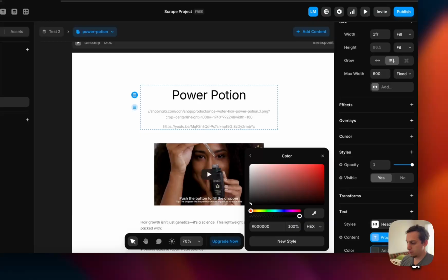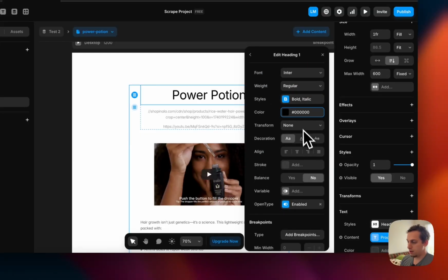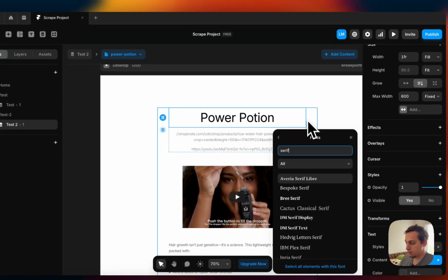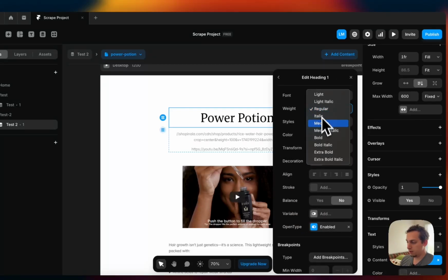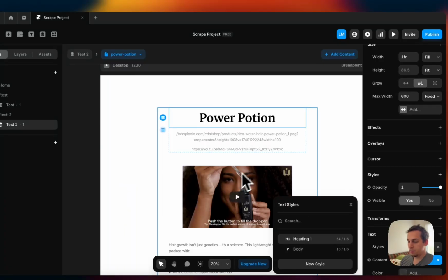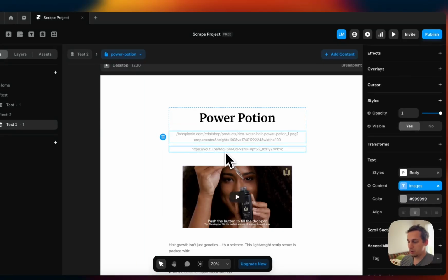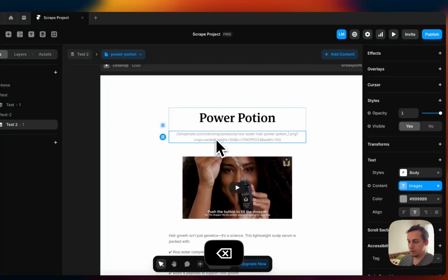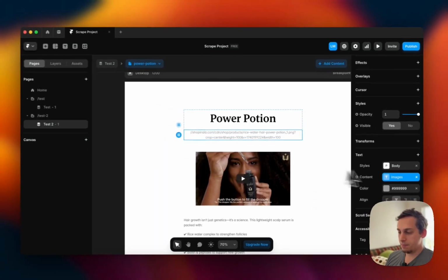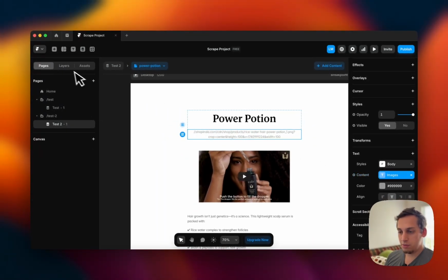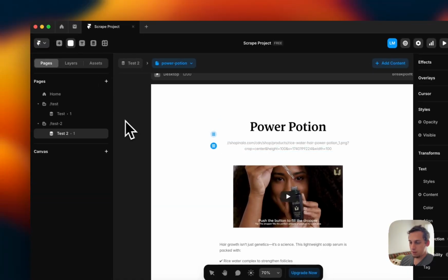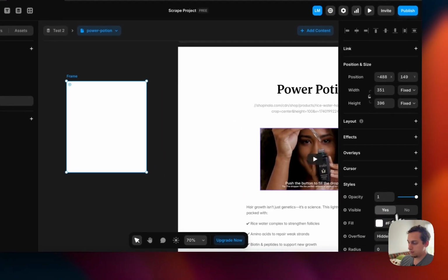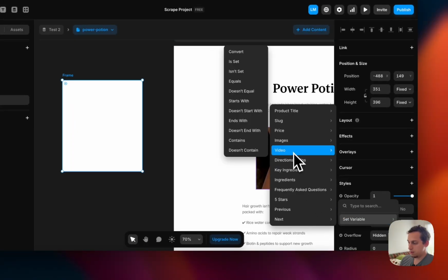So let's just remove this. And let's give it a nice serif font. So let's put serif. This one looks pretty good. And let's make it maybe medium, right? So we have this going on. This is looking good. Now we have this image. So we can delete this one, but this image is the one that I'm kind of curious to see how this would look like. So I can add a frame, go like this, and the fill can be